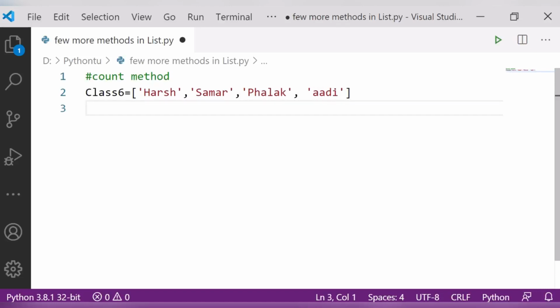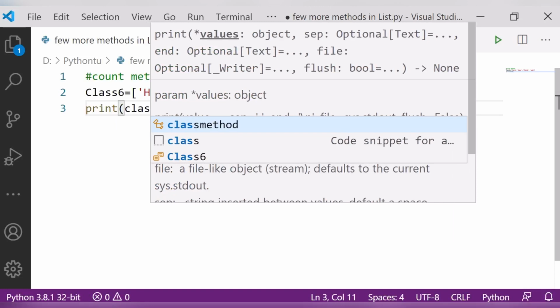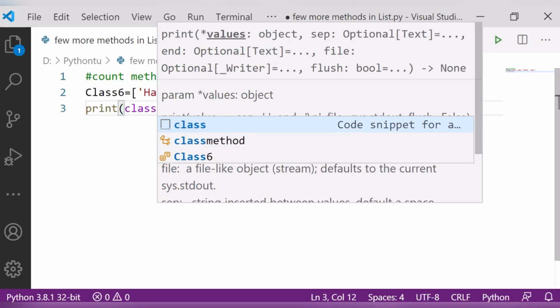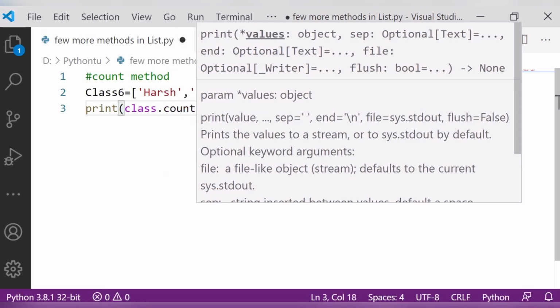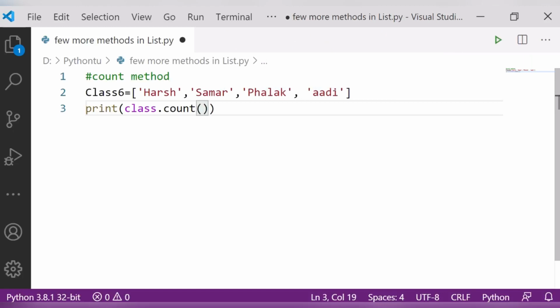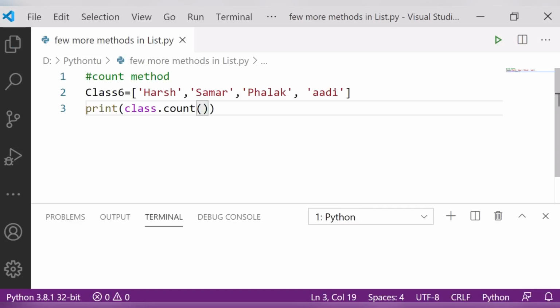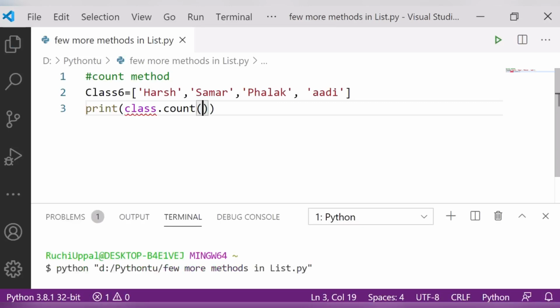After that I have to use the count. I just want to count how many students are there in my list. So what I'll do, I will simply write print, then class dot count, and I simply want to find out how many students are there. So I will press control S and run it. Let's check the output.